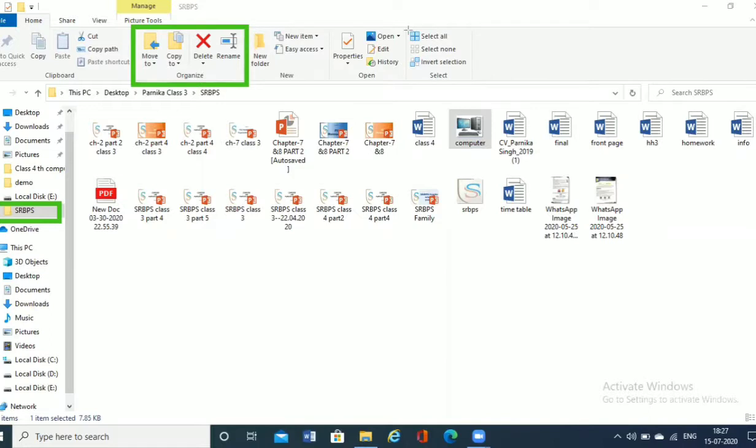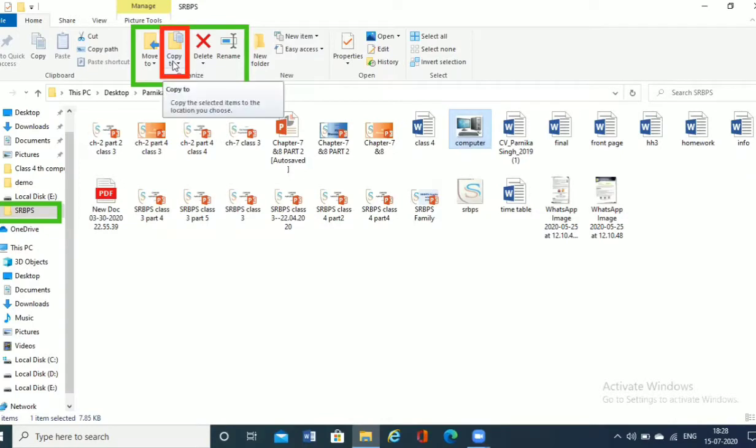In this Organize group, you are able to see an option named Copy to. With Copy to, a duplicate copy of the image I have selected would be made and stored in a location which you want. So I'll click on Copy to.